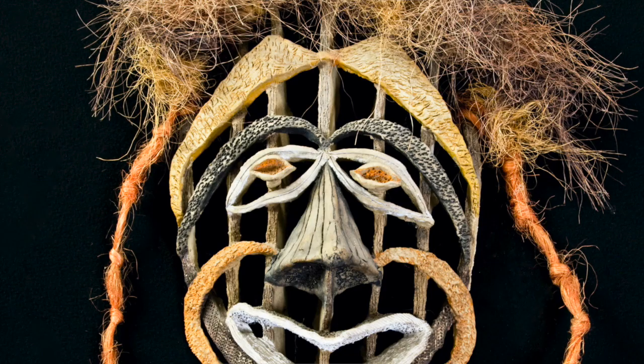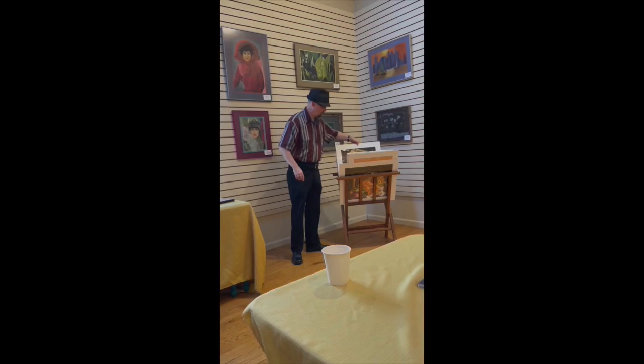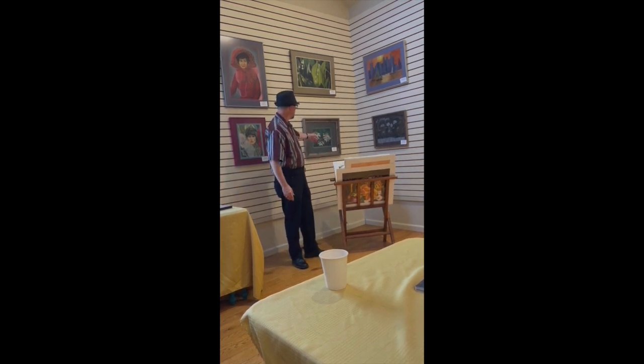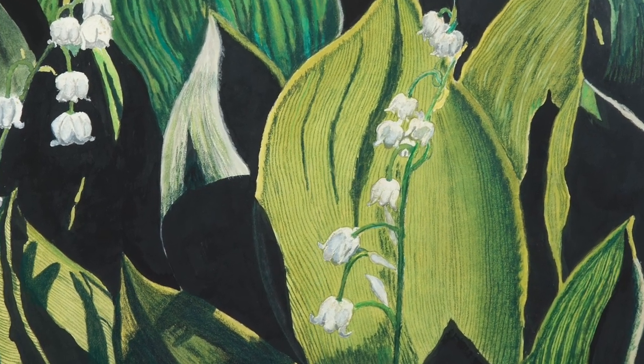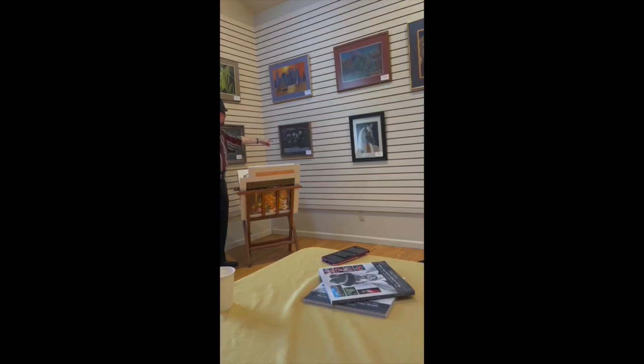And I attend art fairs with this. Here, check out this one. Oh, that's in the case, isn't it? That's cool. I go to art fairs, and this is just an excellent display case for it. So here we have colored pencil, lilies of the field in watercolor, a very Chicago-esque watercolor, colored pencil,